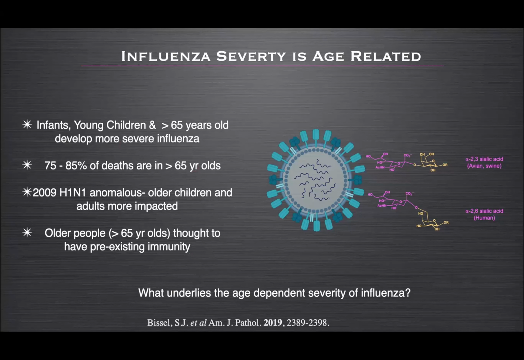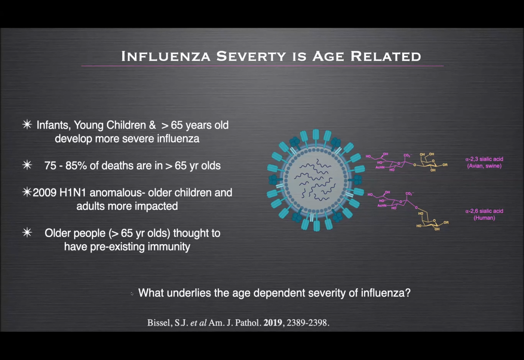So influenza severity is kind of a funny thing. It's actually, as I mentioned before, age-related. Infants, young children, and people greater than 65 years old tend to develop much more severe influenza. About 75 to 85% of influenza deaths are in people over the age of 65. However, the 2009 H1N1 was anomalous in that older children and adults were more impacted. For those greater than 65 years old, this was thought to be due to pre-existing immunity. But the question remains, what underlies the